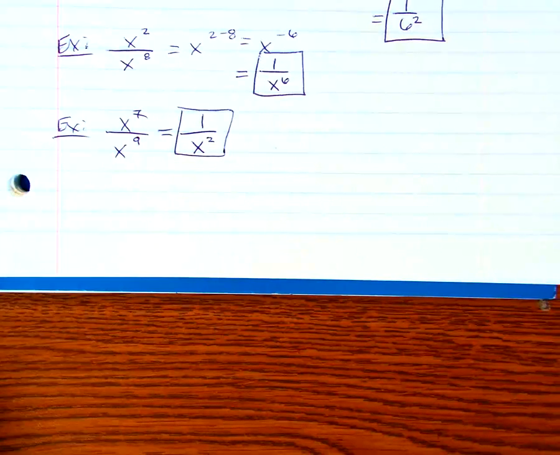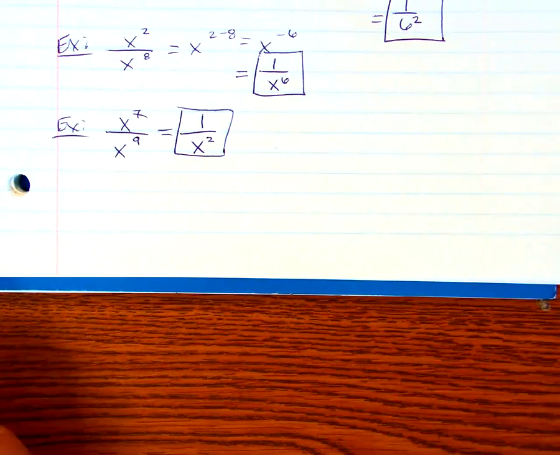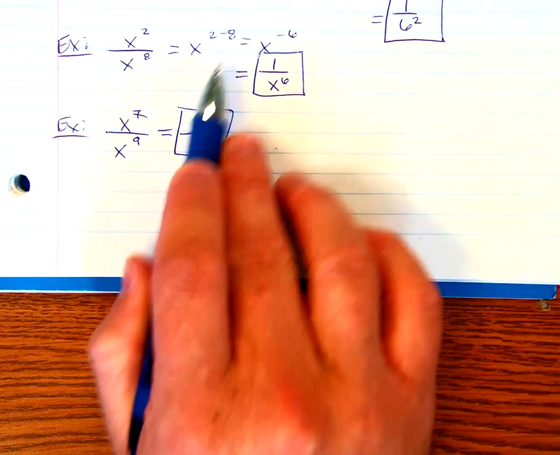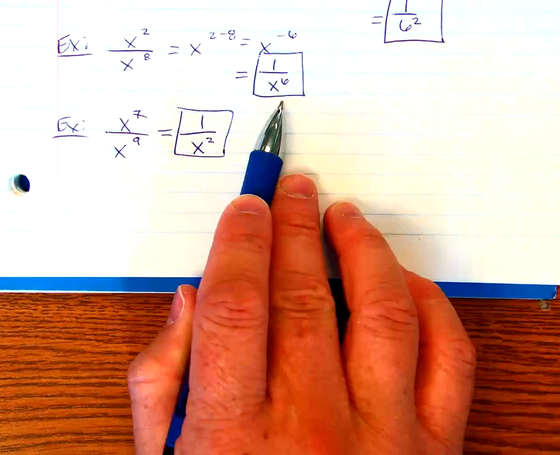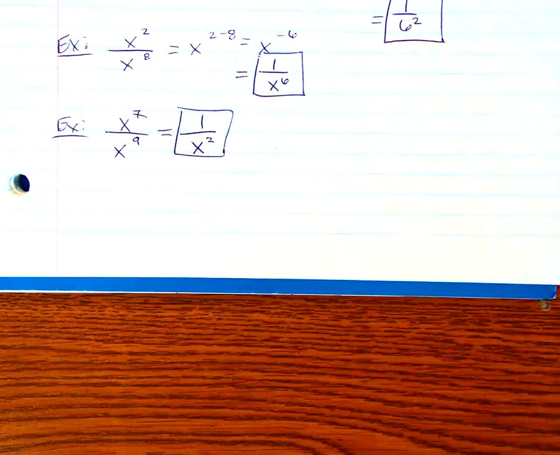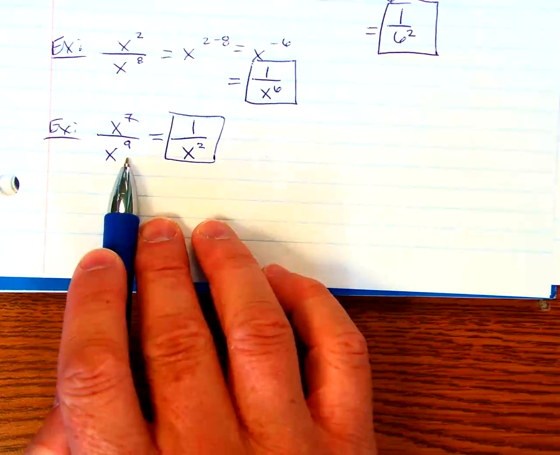Either way of doing this works the exact same way. If you want to subtract them top to bottom, get a negative exponent, and then move it, that's fine. If you want to just say 9 is bigger, so it'll be on the bottom,